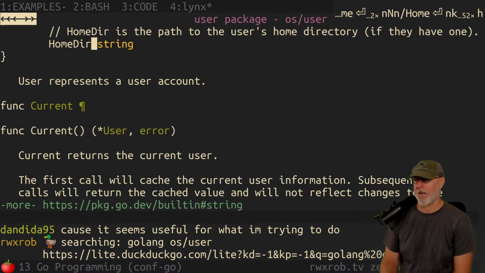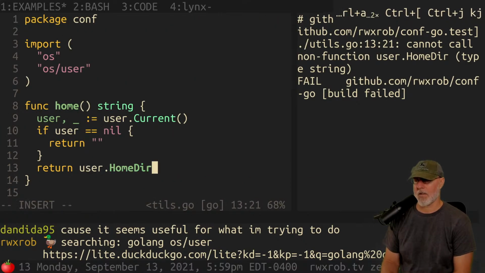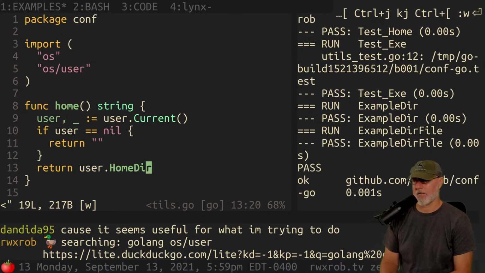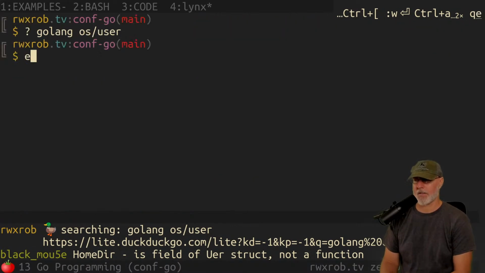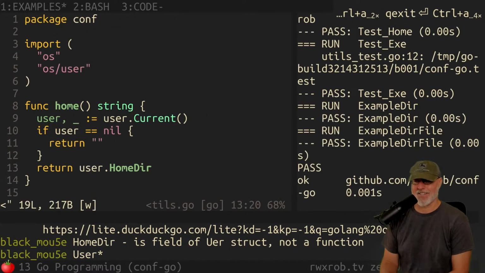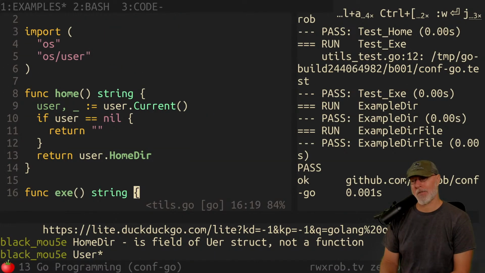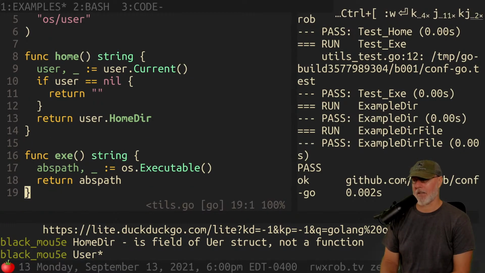Oh, wrong thing. Homedir. Yeah, that's it. Oh, it's not a function. I see, there's a structure. Yeah, thank you. I just barely realized. It didn't take me too long to figure it out. So user.homedir, we got it. We got everything.